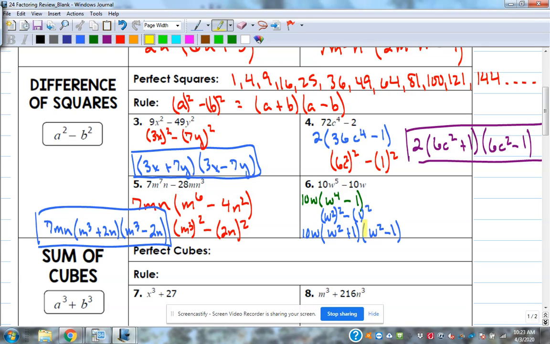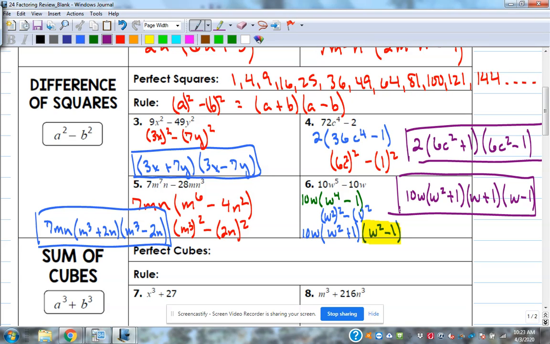What we've got here is this part here is a difference of squares itself. So it'll factor a little bit further as w plus 1 and w minus 1. So the final answer is 10w, w squared plus 1, w plus 1, w minus 1. And there we have the factored form for number 6. Okay. All right. Next, in the two terms